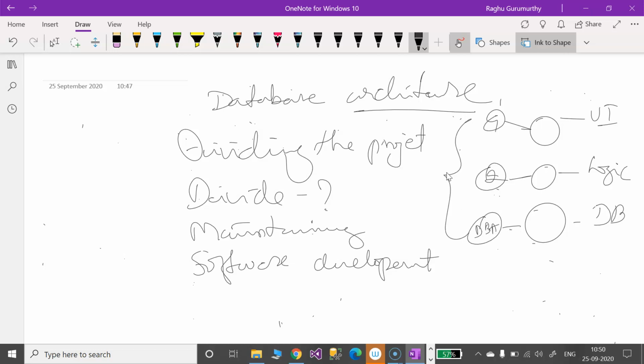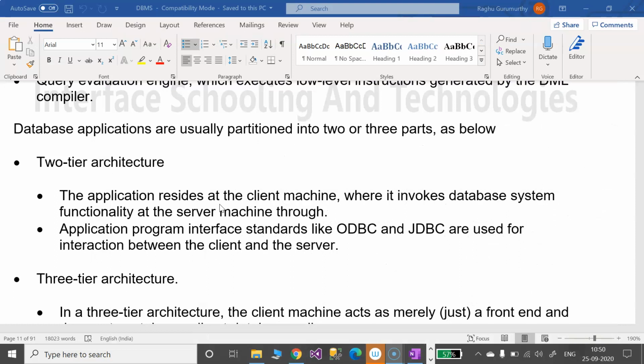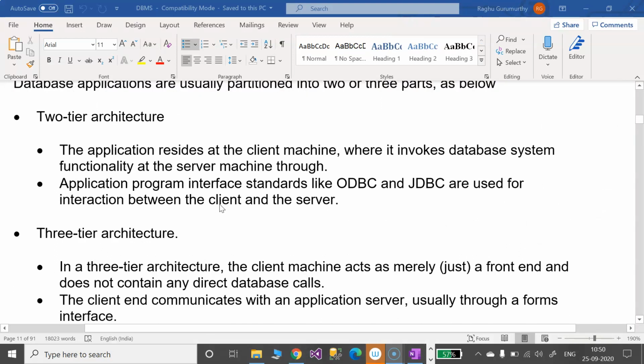Later we are going to merge and make it one unit, that is nothing but a working piece of code by combining all this. So by dividing the project into different layers, we need to follow an architecture. In database architecture, we have two types of architecture. One is two-tier architecture, next one is three-tier architecture.